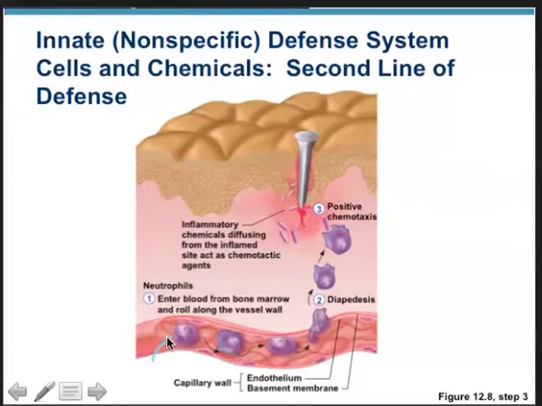They roll along the vessel wall until they reach a point near the injury. There are components that are in the vessel wall that cause them to stick. These vessels will open up near the site of the injury, allowing the white blood cells to move through a process called diapedesis, where they'll be attracted to chemicals that are produced by the damaged tissue. This is positive chemotaxis. This brings them then to the area where they can phagocytize bacteria and other pathogens and